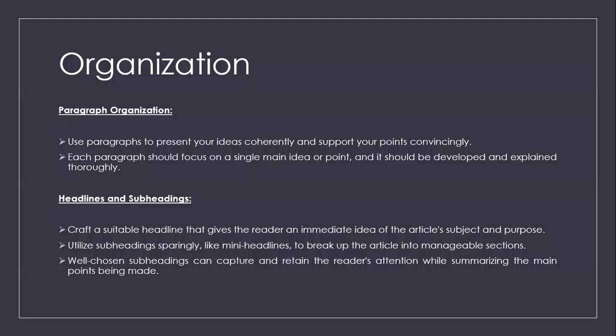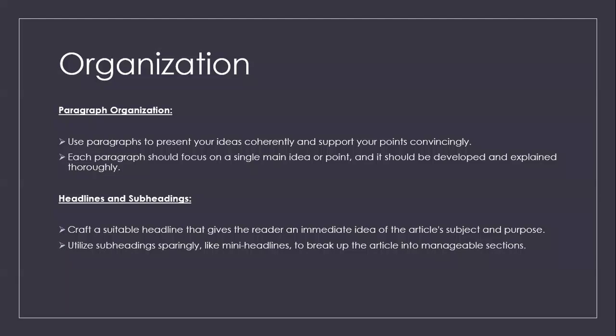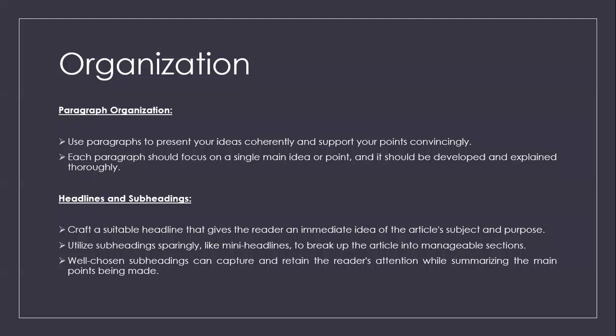First and foremost, you need to analyze your question. The question will tell you your stance, like what particular stance you're going to adopt for writing an article. Are you going to write to persuade your reader, or to inform your reader, or just to discuss the particular things with your reader? After picking up this stance from the question, you need to come up with a hook, that is a headline. That means the format of the article must have a headline.